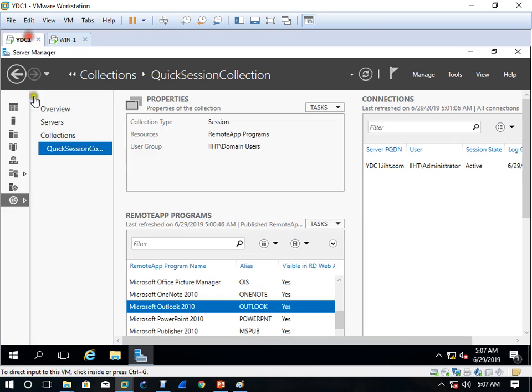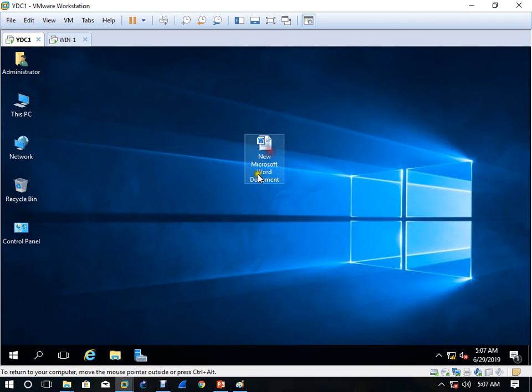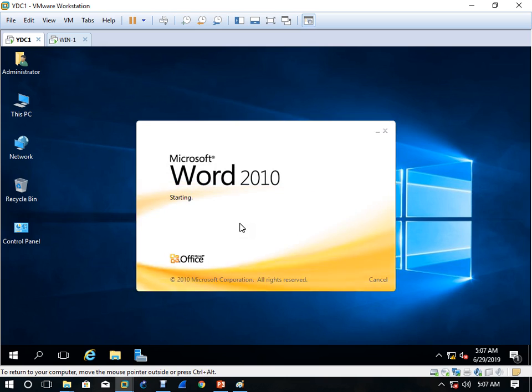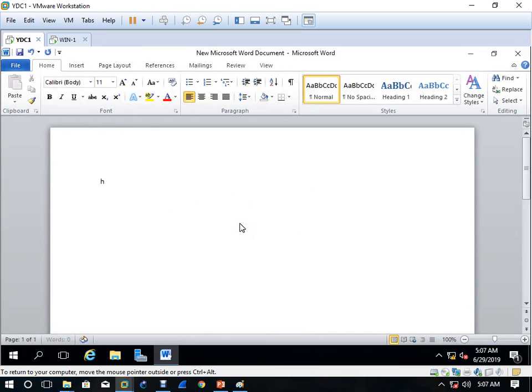Okay, can you tell me what the URL was? The URL was https://yaoundedc1.ist.com/rdweb, like this, right?